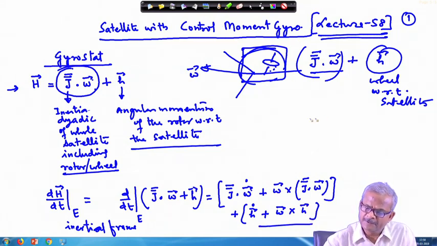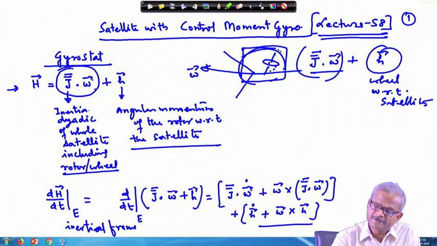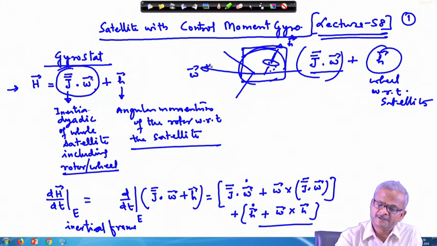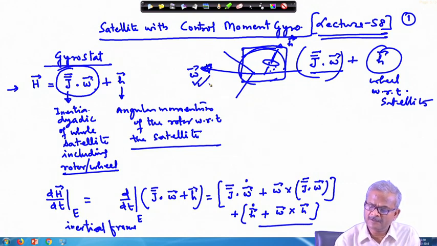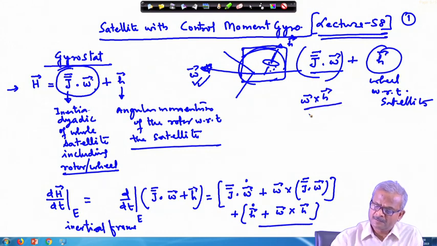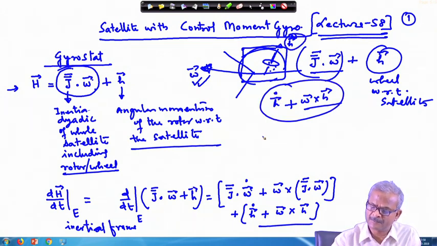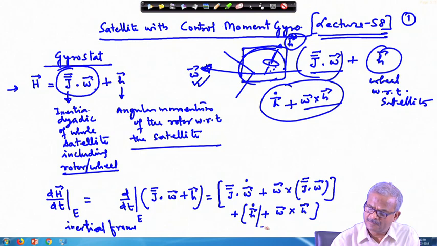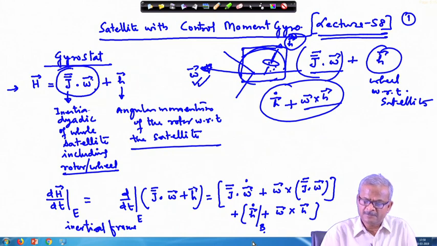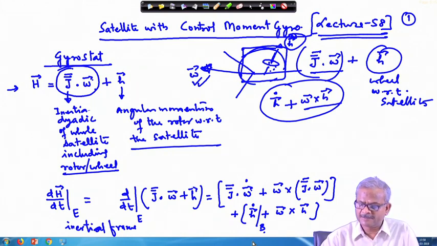So, that means what we are doing is that this is rotating with respect to the satellite. So, this is, suppose, its angular momentum vector. As the satellite rotates at this omega, because of this omega cross h, the change will take place, and another change we have to write if the wheel itself is spinning on this axis. So, for that you have to write this part. Okay. So, this is for the wheel spinning with respect to the body axis, okay. Because here it is fixed in the body axis, its direction is fixed.